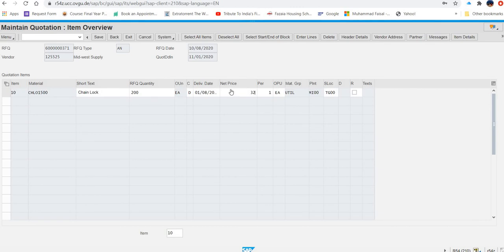Definitely there will be some button over there. And then after that one, you have to enter valid to date, 3 months from today. So we have to enter that date. But first of all, we have to find out the select all item.